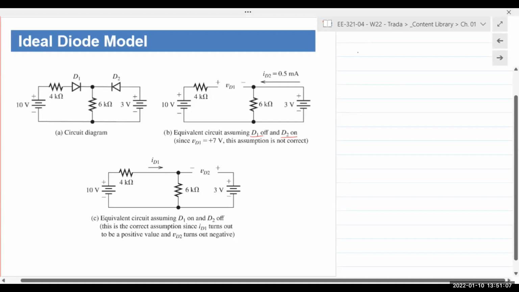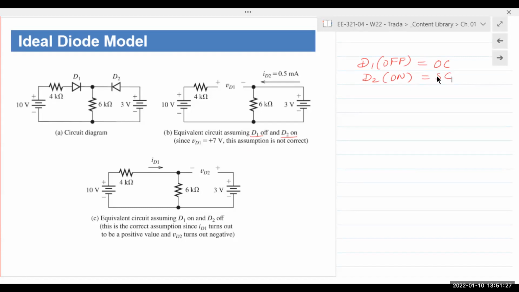So when D1 is off, you replace it with an open circuit. D2 is on, you replace with a short circuit. Now let's analyze. This is supposed to be VD1. Since it's a short circuit, we like to calculate the current through that short circuit, right? So just look at this in isolation. You got 6 kilo ohms and 3 volts. Simple Ohm's law tells us that the current through here